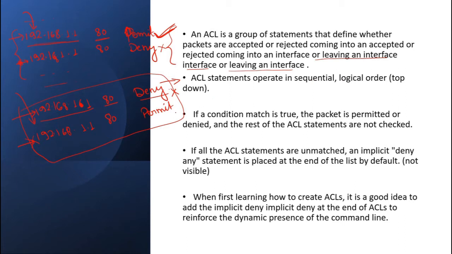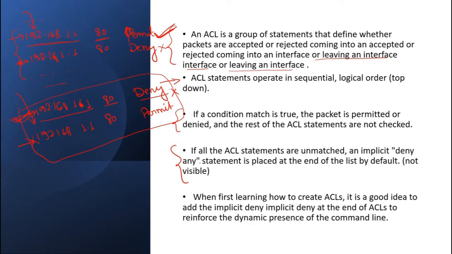I explained this, I think, in the next line as well. If a condition match is true, the packet is permitted or denied, and the rest of the ACL statements are not checked. That's what I was explaining right now, that whenever the first match is found, it is not going to check the next one, right? If all ACL statements are unmatched, the implicit deny any statement is placed at the end of the list, by default